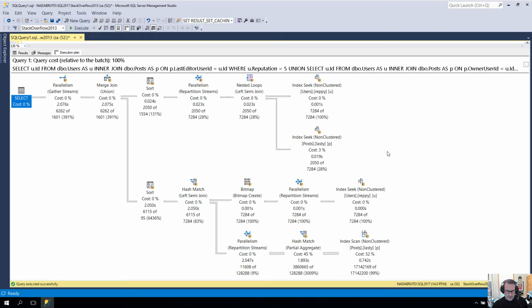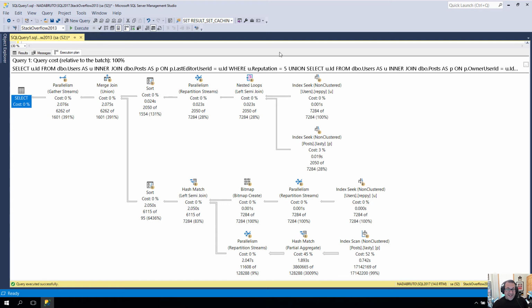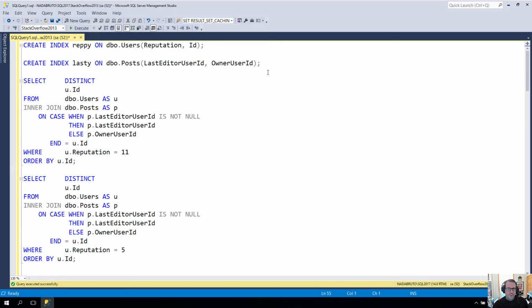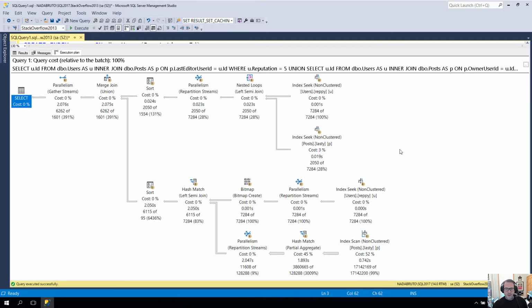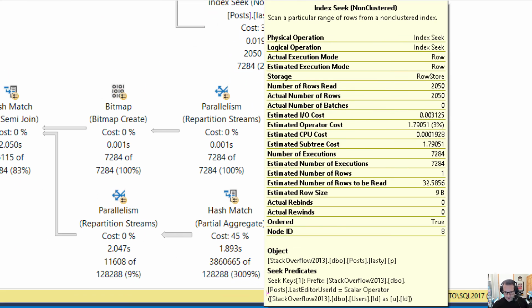So up here, we have a far more efficient join pattern for a small number of rows, right? That comes out of there. We are able to do this down here, and we're able to seek into the post table because on the post table, we have the index on last editor ID and then owner user ID, right? So up here, where we're joining to last editor owner user ID, we are able to seek efficiently into that